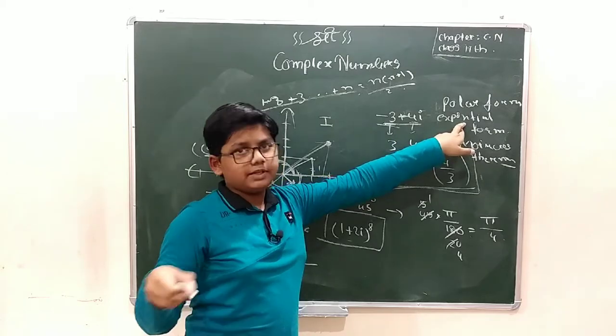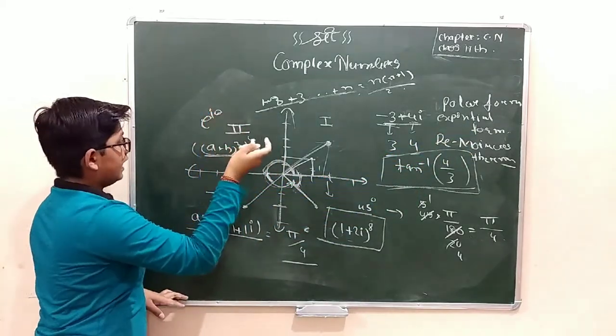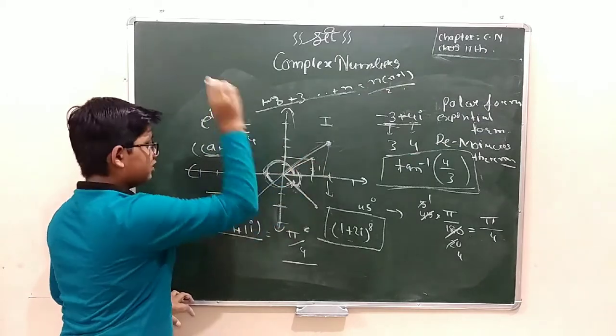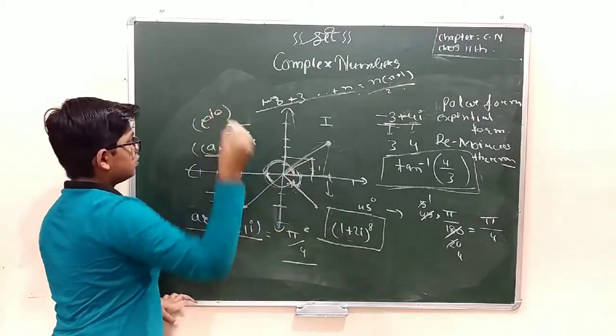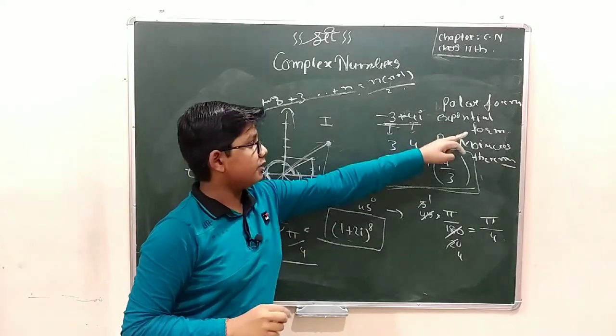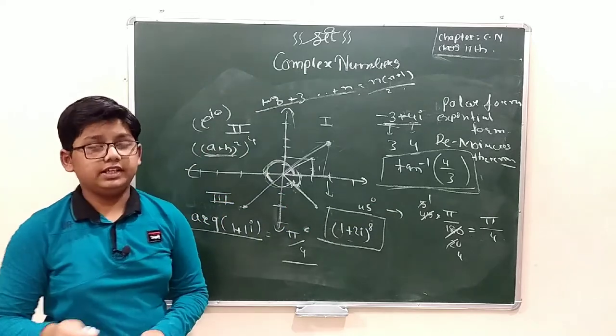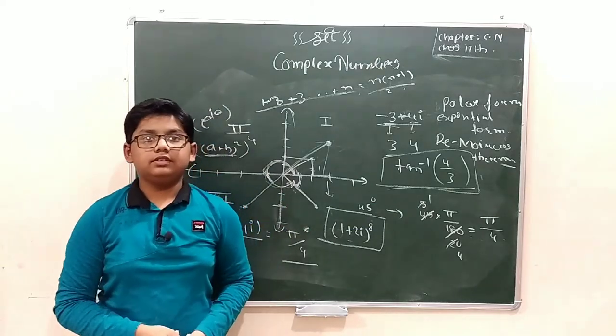In the exponential form, which we will learn, e to the power i theta is rotated like this, which is based on the rotation of a complex number. It is an easy part, based on the polar form, the exponential form, and de Moivre's theorem, and also the cube root of unity, which we will learn in the next video. Thank you.